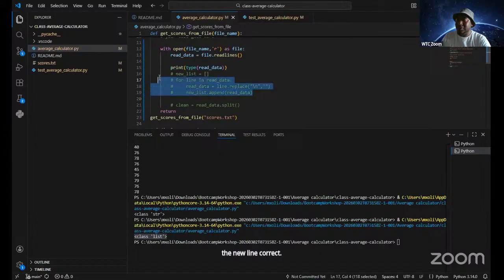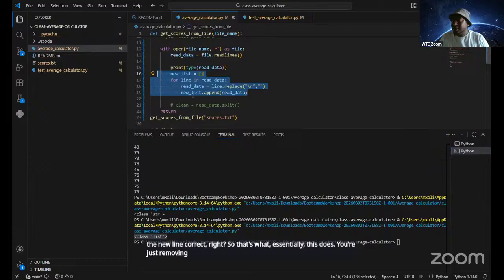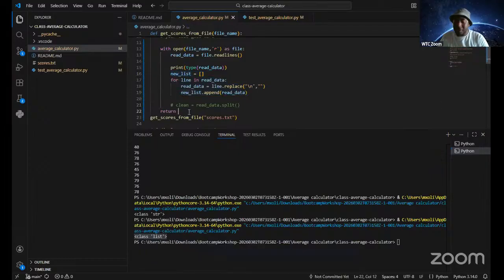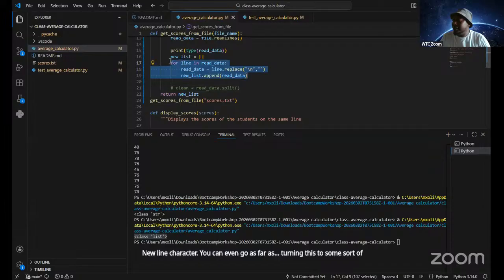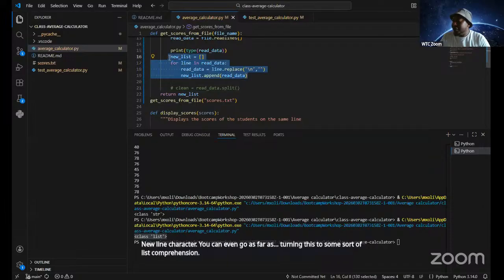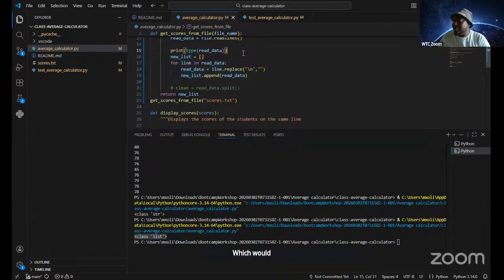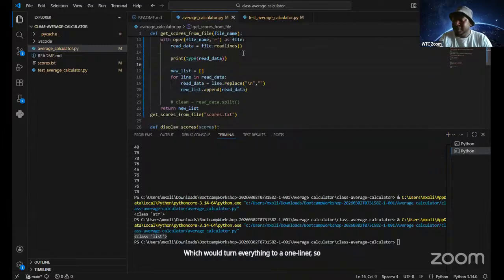That's what this essentially does. You can even go as far as turning this into a list comprehension, which would turn everything into a one-liner. I'll try to move fast for the sake of time.